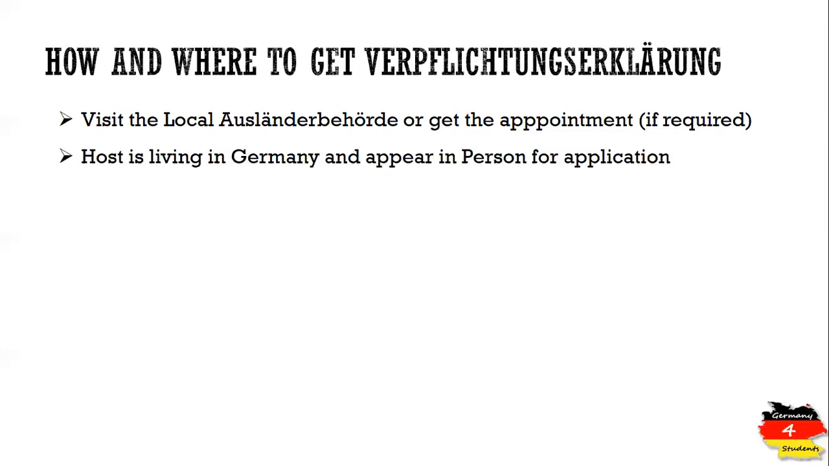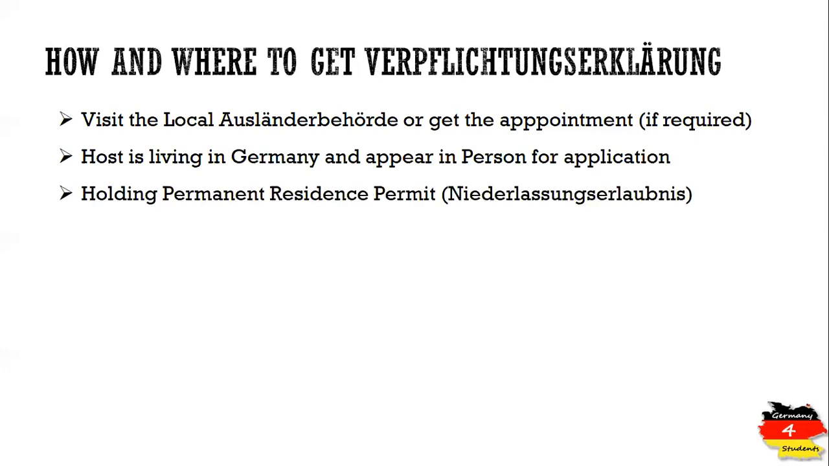The host must be living in Germany and appear in person for the application, which means that you must have a registered address in Germany, and you have to appear in person. You cannot send someone else on your behalf to get your Verpflichtungserklärung. Now, if you are a non-EU citizen, you must be holding any kind of residence permit, and there are